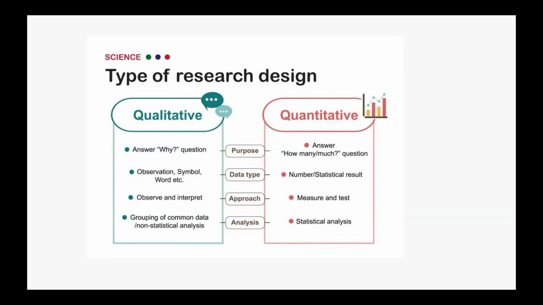You're actually not allowed to do qualitative studies in this course, so we'll stick to quantitative studies, which answer how many or how much questions. The data gathered are numerical, and you do statistical analysis. So even on topics, for example, on quality of life or opinions regarding, for example, vaccines in the community, you think it might be a qualitative study. But if you use a questionnaire which generates numbers, averages, frequencies, etc., then it is still a quantitative study.